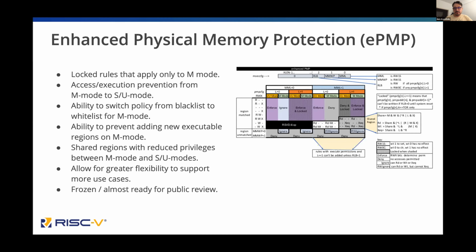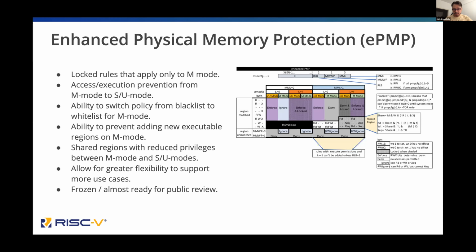Basically, the first thing we want to do is to be able to define rules that apply only to M mode, so that we can create the equivalent of memory access prevention and memory execution prevention for M mode. The attack scenario here is that someone in S mode has placed code or data somewhere, and through some bug in the firmware, has tricked the firmware into executing this code or accessing this data. So